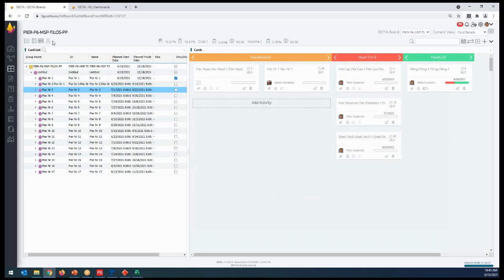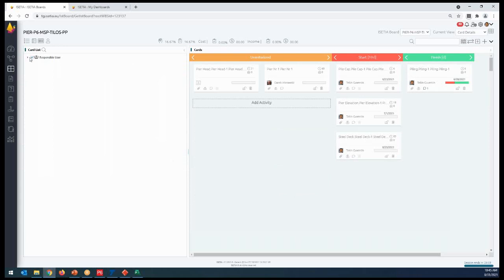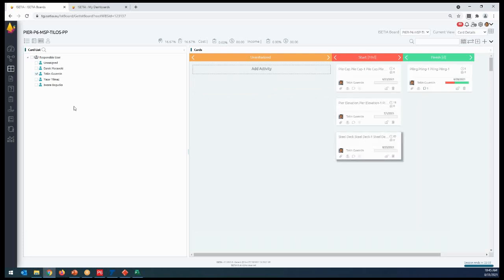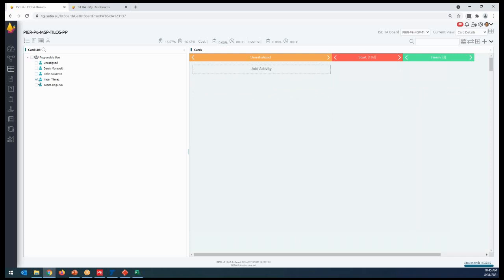And here you can open the responsible person. This is like an online tracking tool, which you have for monitoring all your construction activities from your monitoring page. I would like to see what Tekken is doing. These are the 4 activities. What about Yasser? Yasser does not have this activity, Darek has 1, and Ivona has none in peer 1.